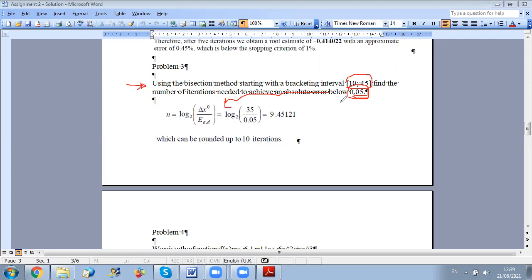Using the formula developed in the course material, we have delta x, the initial length of the interval, which is 35. The error is 0.05. Now all you have to do is replace and get n, and of course you should round up to the closest integer. So here you have 9.45, so I need to perform